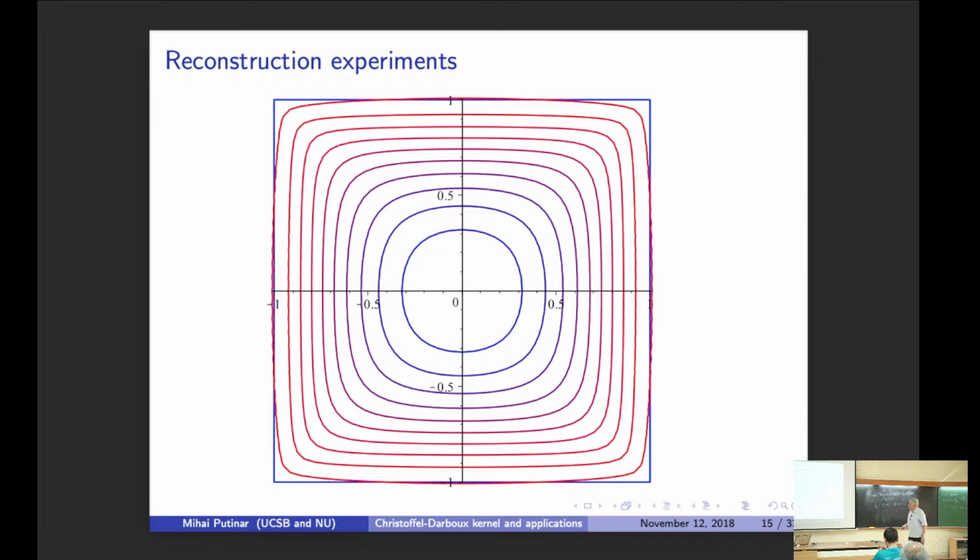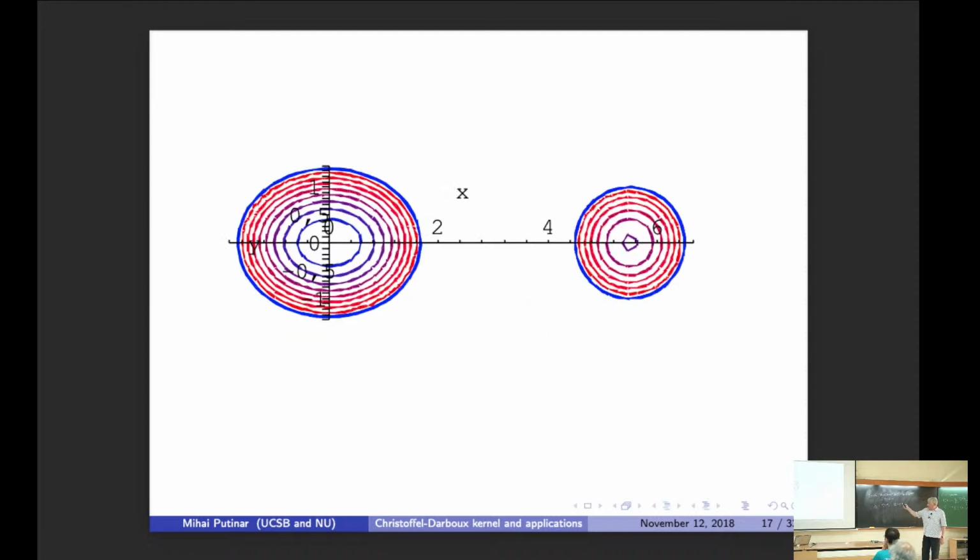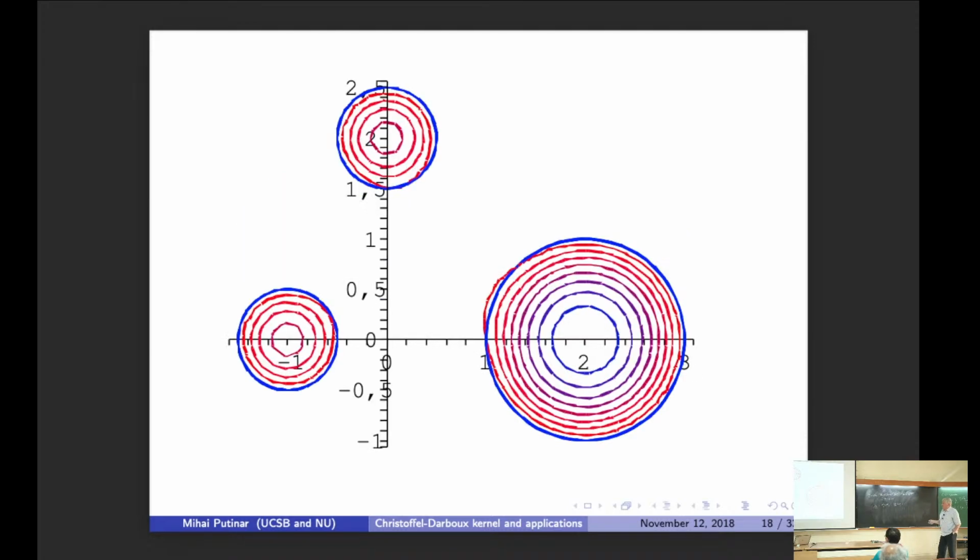And here are some reconstruction experiments. I'll not give you all the details. We published this a long time ago. And it goes very close. It's very accurate. This is with few moments, up to 10, 12 moments. And it recovers islands. We call them an archipelago. Our paper was called Analysis on Archipelago because we have many islands. And it's quite remarkable.